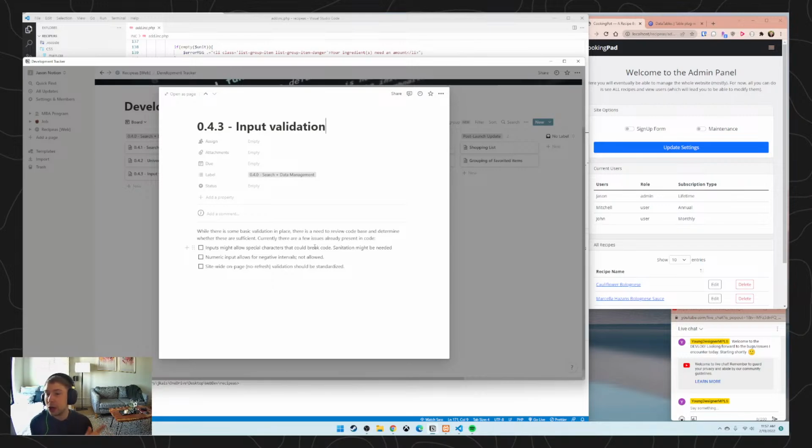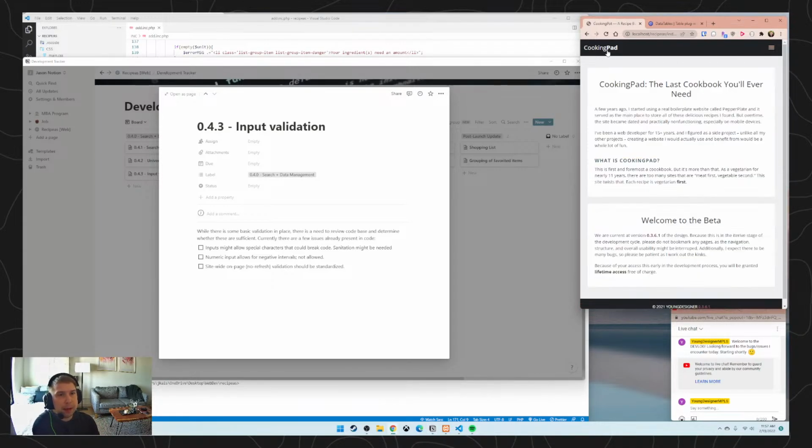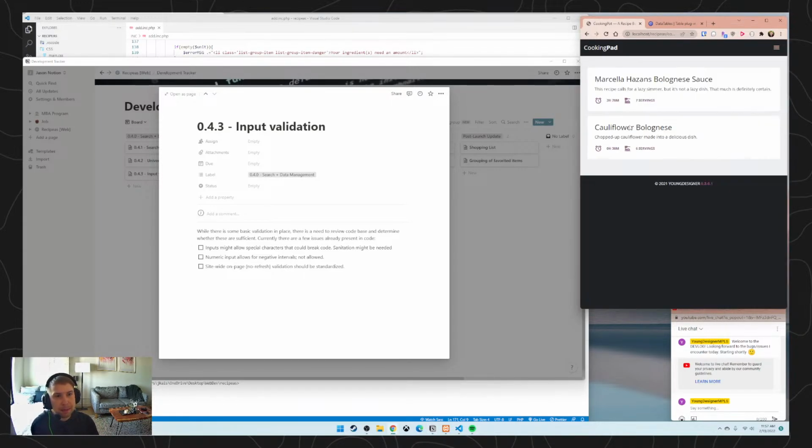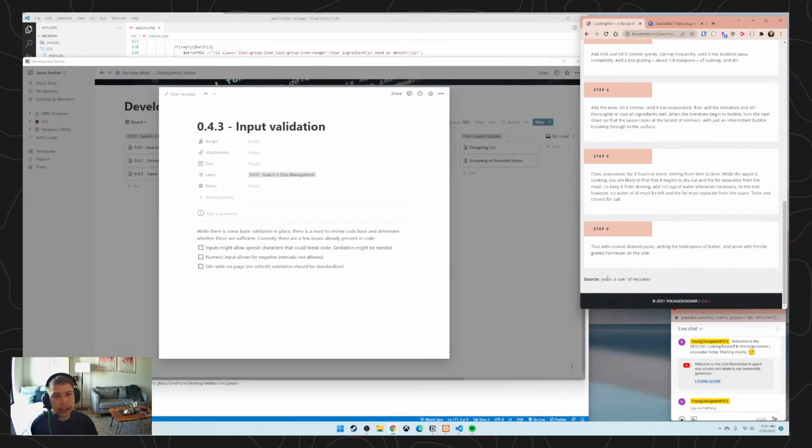I already know there are three issues. One, inputs might allow special objects or special characters when it's not allowed. For example, on the recipe page, right here is one example. This all right here, the source JSON, a user of recipes, is